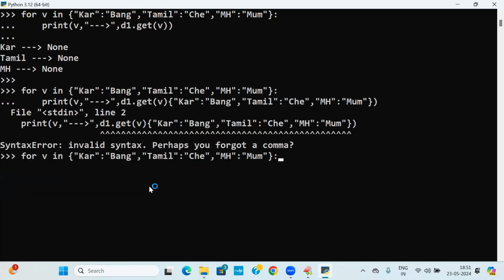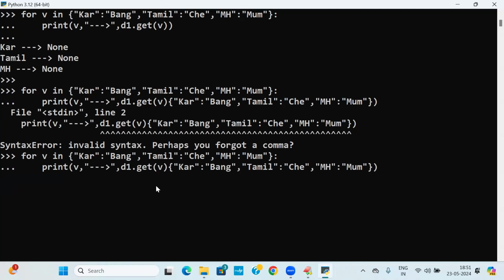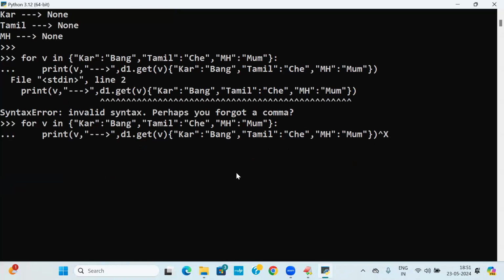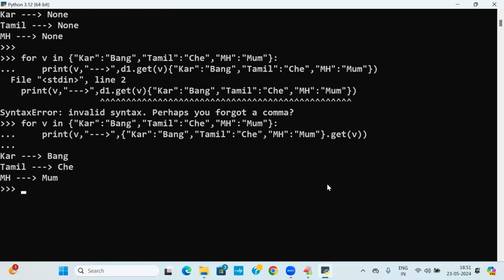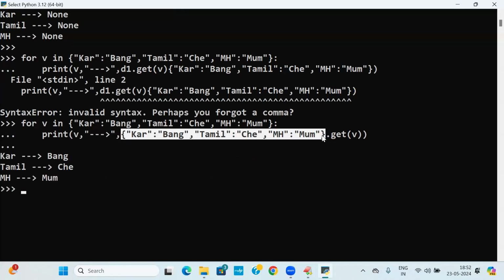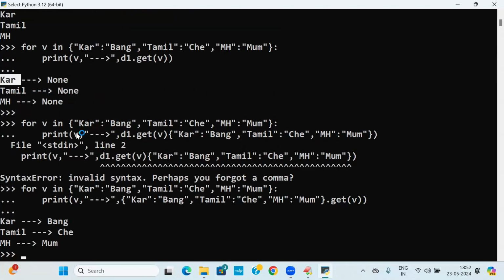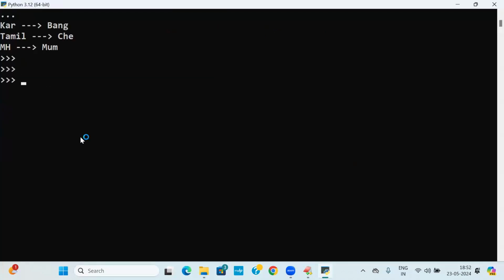No. See, one minute more. D1 dot, one minute students, not here. Close it. One minute, I will take up. Here I will write it. In place of here, I'll write it. Okay, fine, finished. See the answer now. Getting. What is this entire thing called? Dictionary. What is coming first time? Karnataka. Karnataka or not? See students, when I say first time like that,